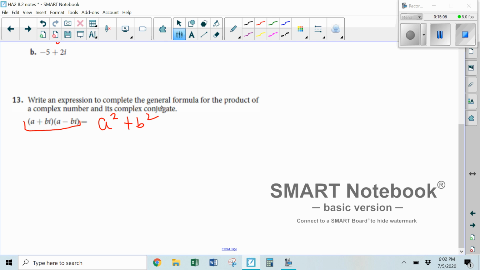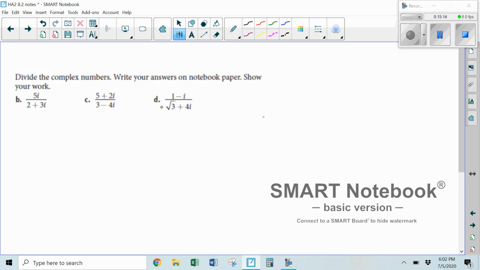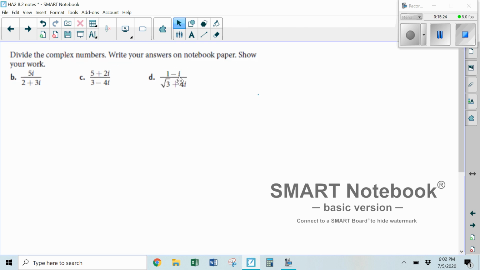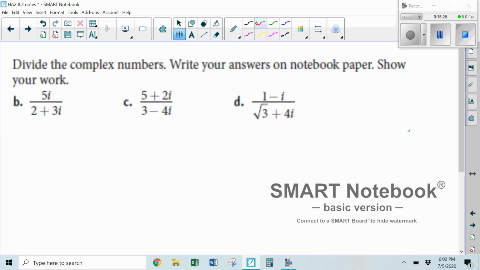Okay, now finally, let's talk about division. There's an example C there on page 129, but we're going to skip over that. We're going to just start by doing some together. So let's look at B on page 130. Now, before we start, here's a common mistake I see students make. When they have division like this, let me give you a different problem. Just watch for a second. Let's say I have